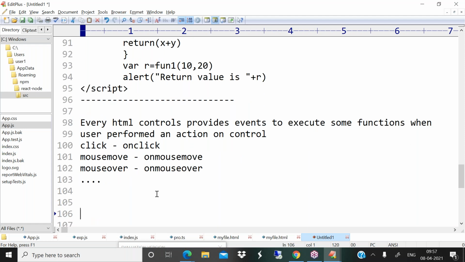So now when I click on a button, I want to call a function. Is it clear? When I click on the button control, I want to call a function. From this point of view, we are taking the support of the click event. Okay, so now in this program, if you observe,